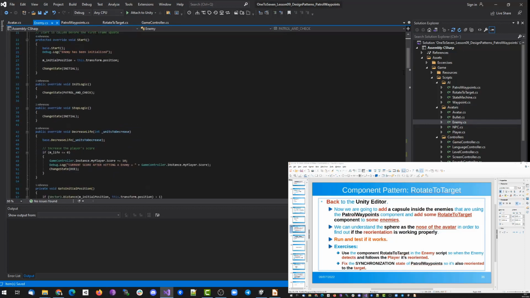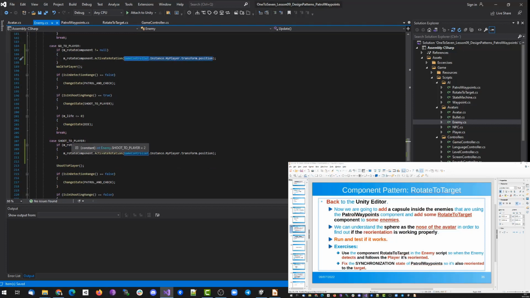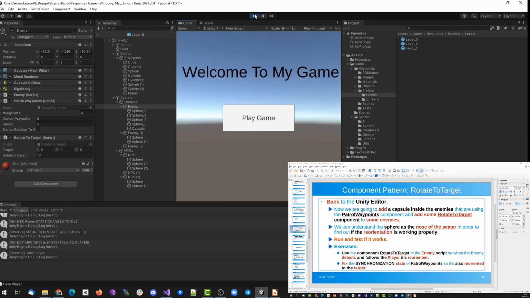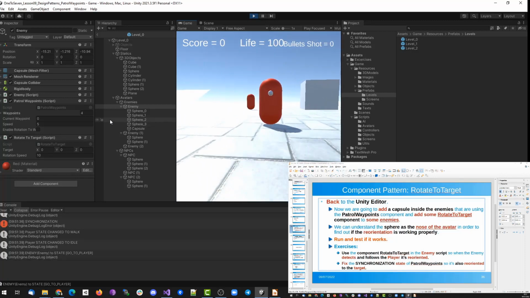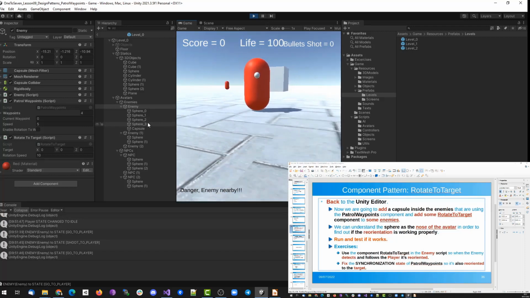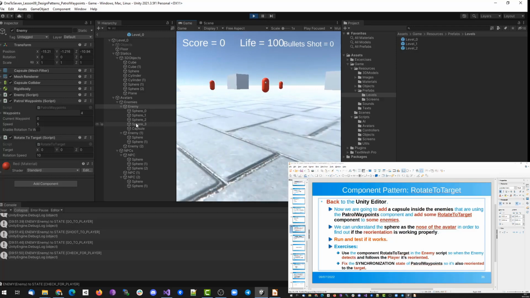And in the enemy, in the moment that I am going towards the player, I check if the component is there, if it's not null, and if it's not null, I activate the rotation with the target of the player's position. I do exactly the same when the enemy is shooting at the player. So if I proceed to play, now if we get closer to the enemy it will face us. Okay, so you can see the enemy is facing us. If we move away,